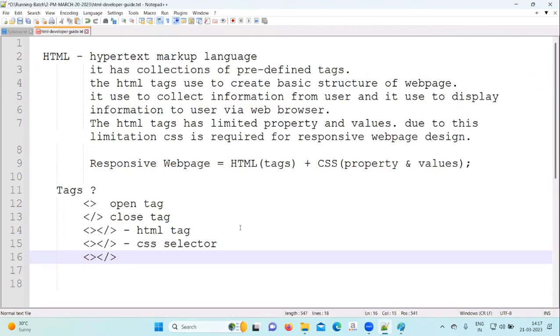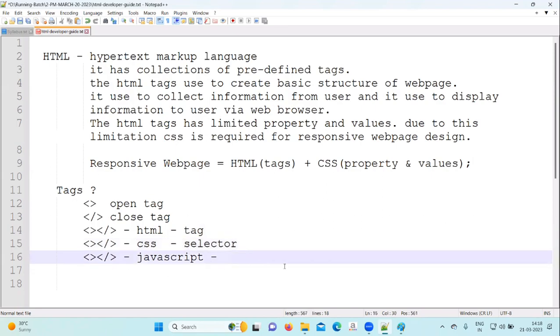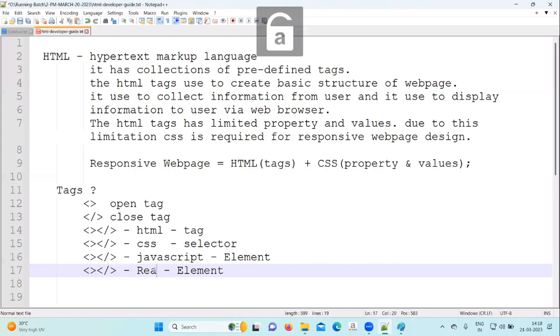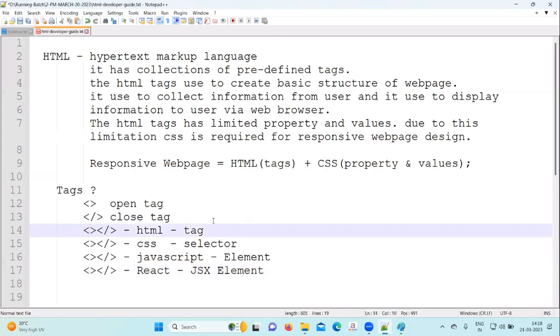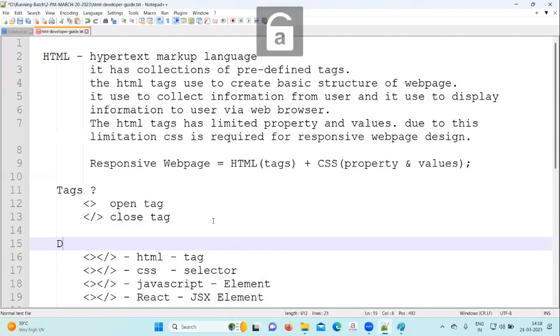Now write another line. So when we write like this, same thing in the term of JavaScript: in HTML it's called a tag, in CSS it's called a selector, but in the term of JavaScript, it will be called an element. Element. Same thing when you go under React, it will be called a JSX element. Right? Under React, it will be called a JSX element. So I'll write here different names of